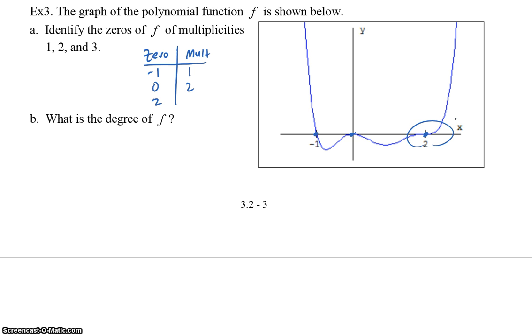As it crosses through, it flattens out. So this must be associated with a zero of odd multiplicity, most likely 3. Now, maybe it's higher than that, but it turns out again, the flattening here, it's considerably flattened as it goes